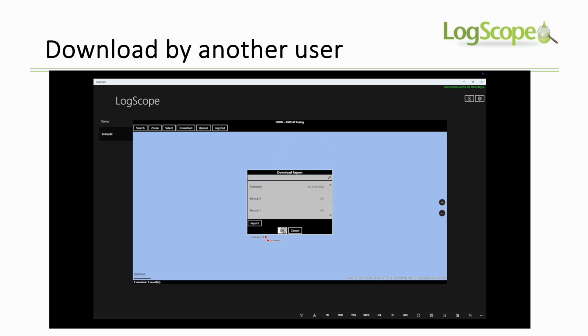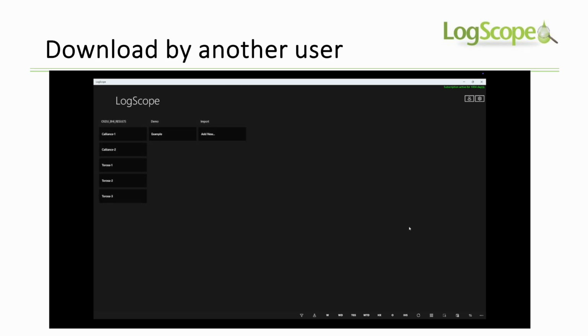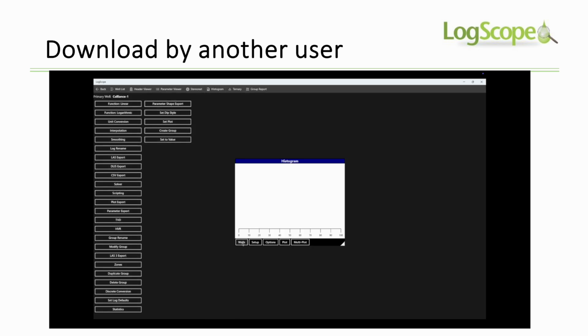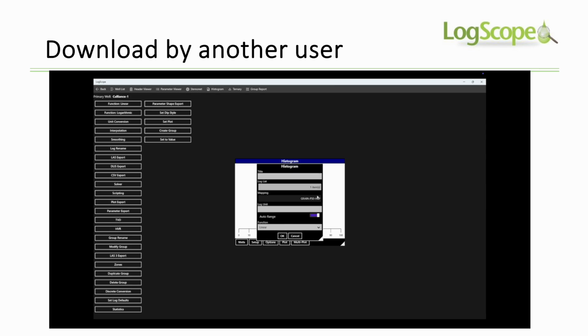Once they're downloaded, we then dismiss the OSDU interface, and we see the wells are here, and they're in a list, and we can look at them in a map view, and then we can select the wells from that map again, and we can play with them and do functions such as histograms and so on to look at the information. And we're going to set up to look at the median grain size, which is grain size P50,